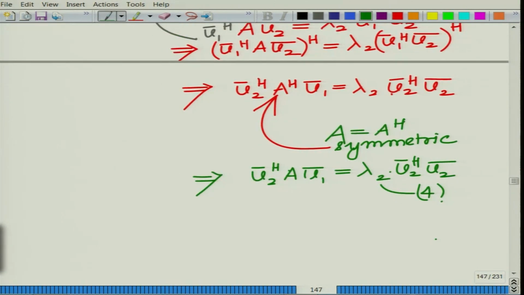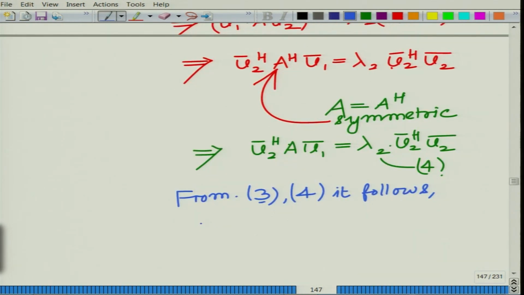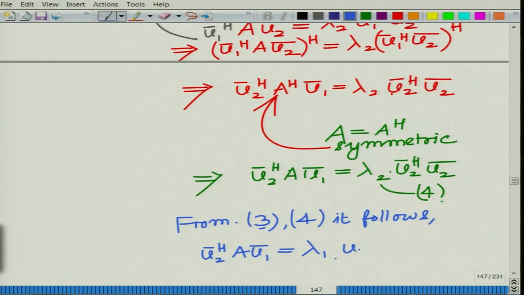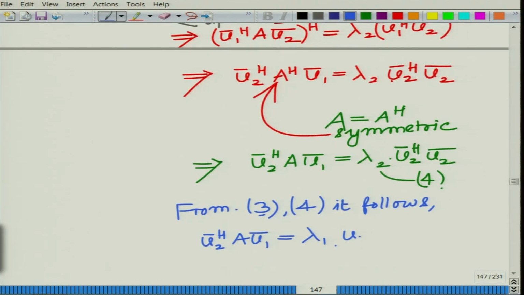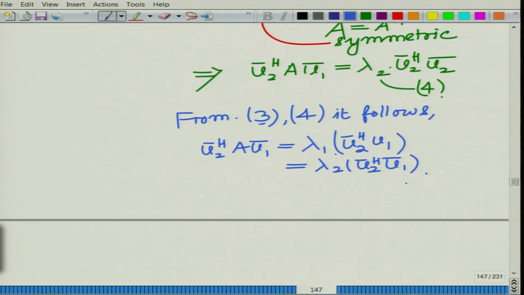From 3 and 4 it follows that u2 bar Hermitian A u1 bar equals lambda 1 u2 bar. From 3 we have this is equal to lambda 1 u2 bar Hermitian u1 bar, and from 4 we have the same quantity equal to lambda 2 u2 bar Hermitian u1 bar, which basically implies,